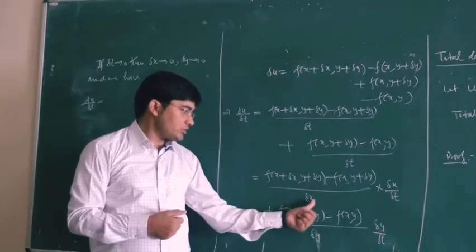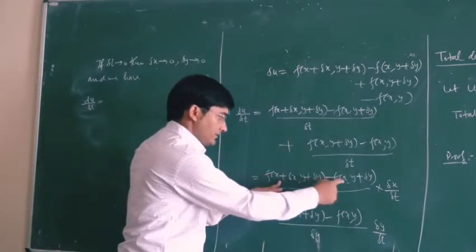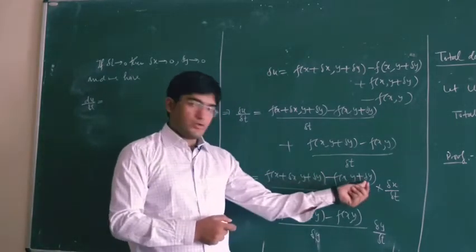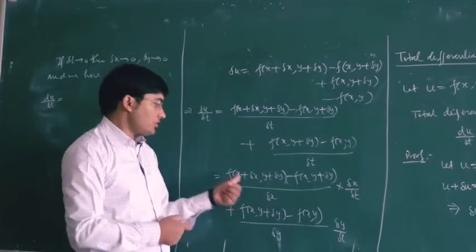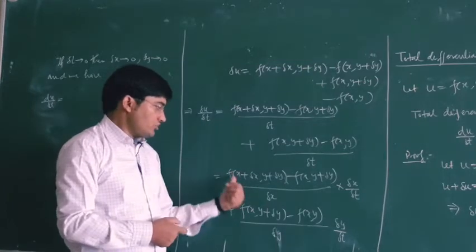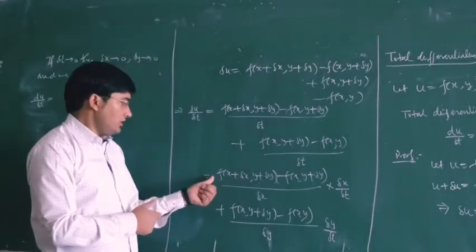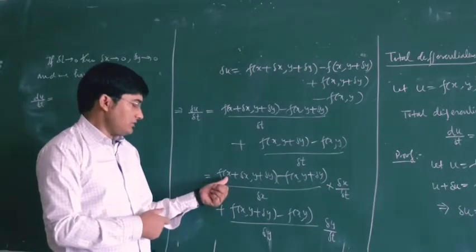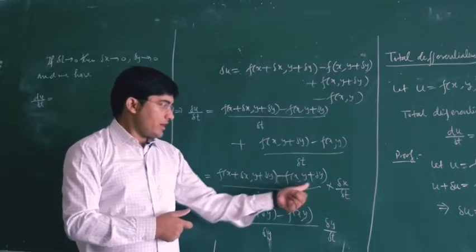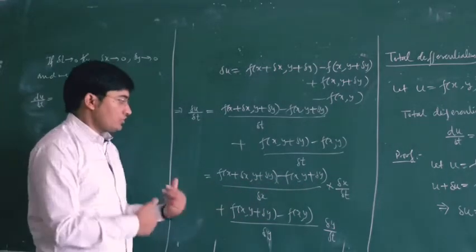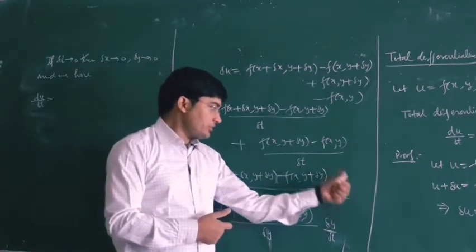So this is the partial differentiation of f with respect to x, because you can see that here we have a change in x and y plus delta y is fixed. So we can say that this is basically del f upon del x, because we are getting a change in x. That means this is the limit as delta x tends to 0 of f of x plus delta x comma y plus delta y minus f of x comma y plus delta y divided by delta x. So this will be the partial differentiation of f with respect to x. Now this is the dx upon dt quantity.